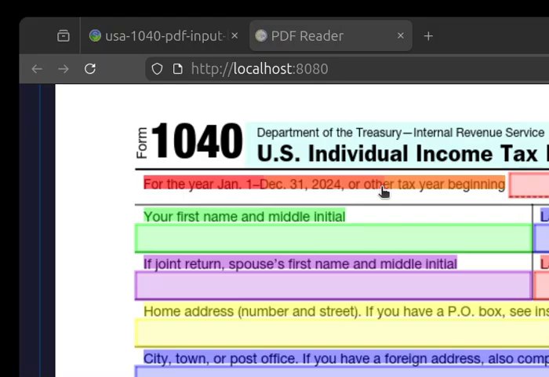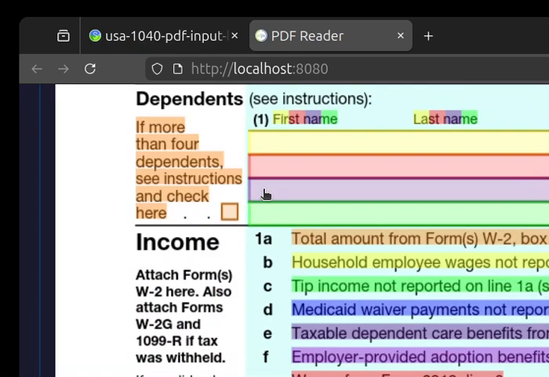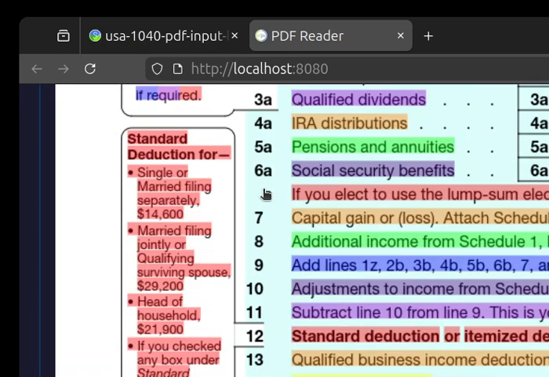So this is what the code does. It makes it so I can go through and label each of the inputs. So like this right here is an input, and then if I click on it and then I click on something else, I'm saying that that is associated with this input field. And that makes it so that I can quickly associate all of the different input fields and labels that go